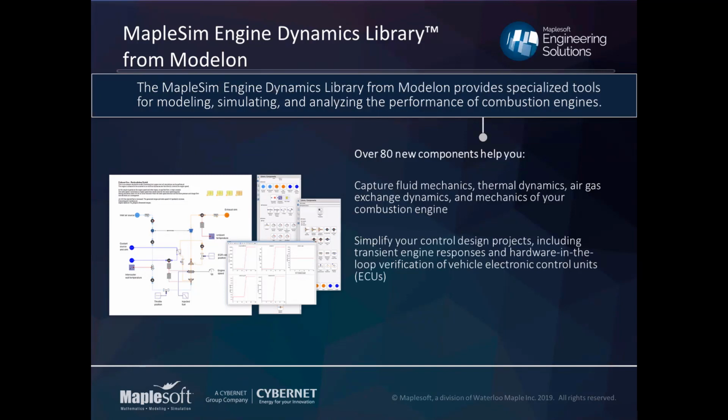It also lets you simplify your control design projects because you're allowed to model the transient engine responses and then perform hardware-in-the-loop verification. All these things are already created to a degree to let you hit the ground running here and use pre-built components and analysis workflows to make that happen easier. And lastly, the Engine Dynamics library also includes ways to analyze the flow path of exhaust fumes, which are things that are really important when you're trying to design a combustion engine. So being able to understand how things like exhaust gas recirculation loops work, that can all be done within this